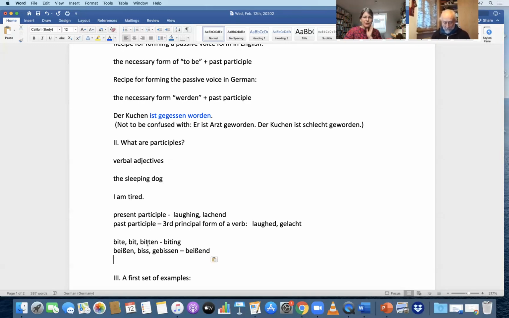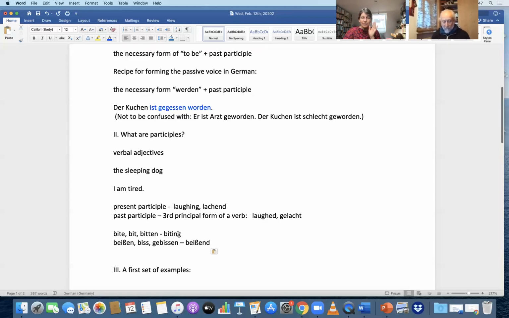So when we learn English principal parts, we usually learn bite, bit, bitten. Bite is the infinitive, bit is the simple past, bitten is the past participle, and biting is the present participle. In German, it's beißen, biss, gebissen. Now, principal parts are always studied for these so-called irregular verbs, which were formerly called strong verbs, and they change